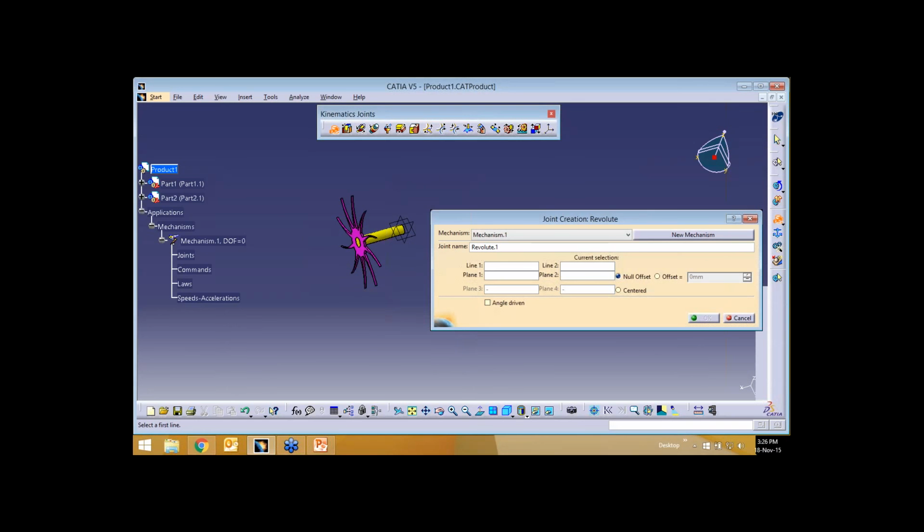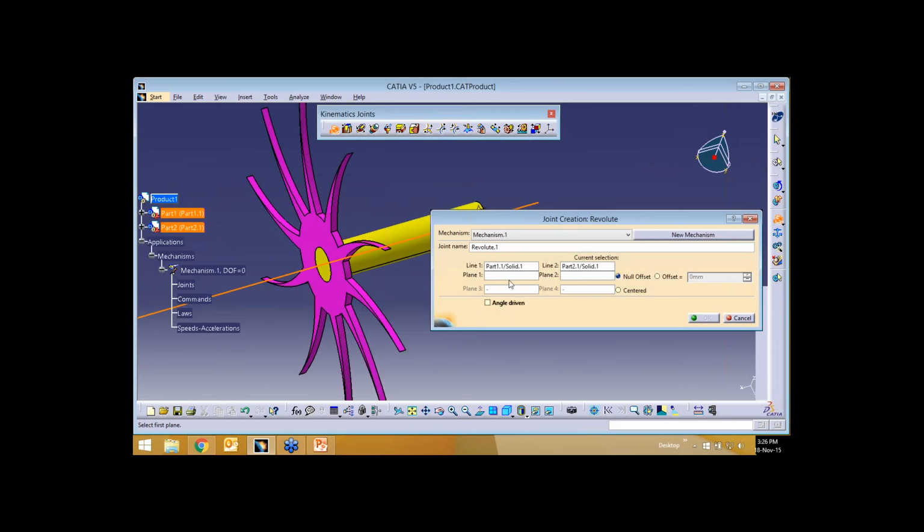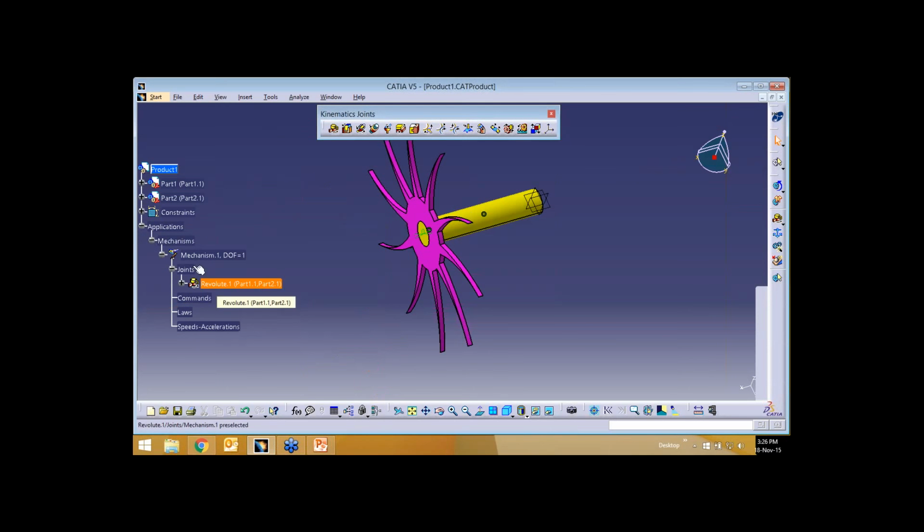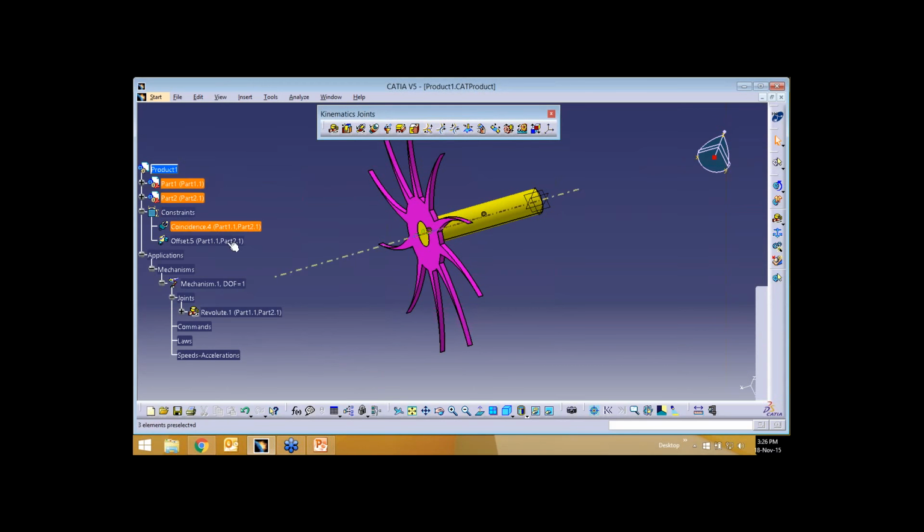I'll say okay. So now what I've done is I've taken two different parts and created a mechanism. After creating mechanism, I've gone for a revolute joint. Inside revolute joint, I've given the coincidence. Once I've given a coincidence, that has got added inside a constraint icon. See, if you expand this, you can see a coincidence constraint and an offset constraint, which has been applied because of this joint.